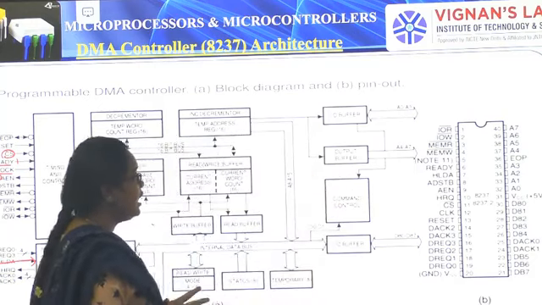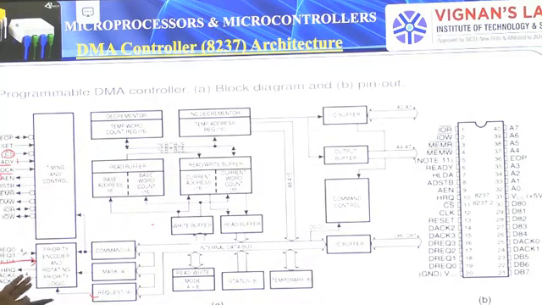So this is a block diagram where, priority wise, the devices with priority will be handled by the DMA controller first. Then priority wise it can handle the devices, and the registers are used to store the data from the input and output devices or memory devices, the read and write operations.